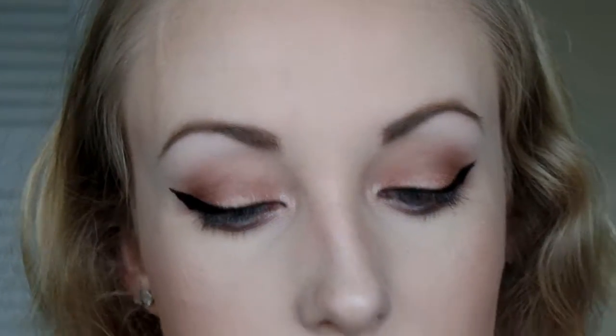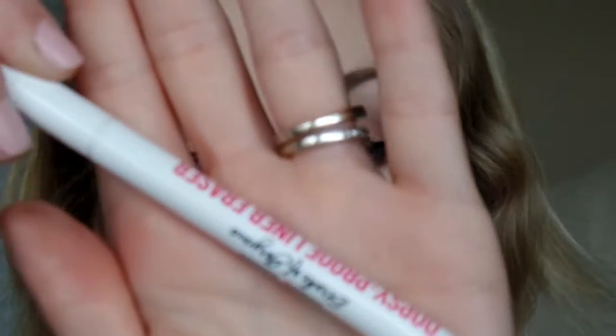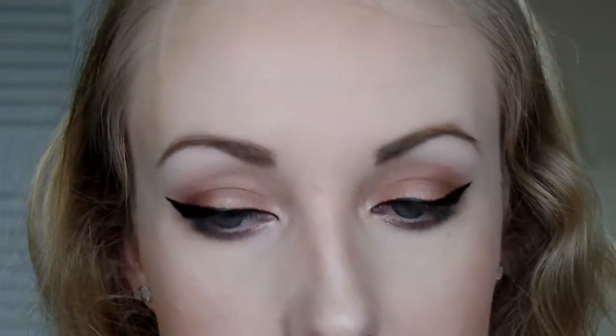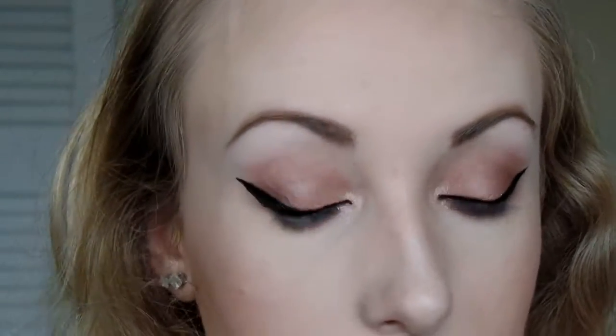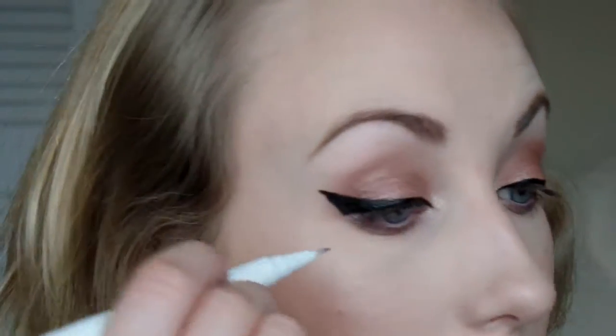I have this really awesome product. This is the Hard Candy Oopsie Proof Eyelining Eraser. Here's what it looks like. It looks like another eyelining pen. And what you do is you just take it, and the areas that you have messed up on or that you are not too keen of, you just brush it on and wipe it away. Like this side looks super janky, so